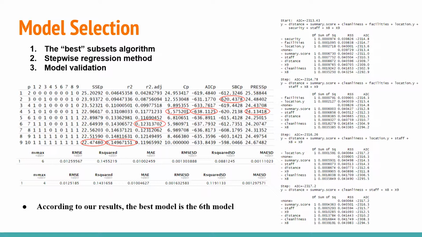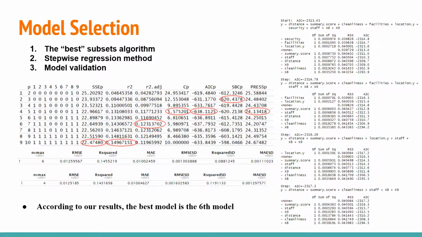These 3 variables have the 3 top p-values in the ANOVA table after the Box-Cox transformation. The 2 analyses came out with the same result, but the model generated by the stepwise regression method is model 6. Since we're still not sure which method we should use, we did the model validation to find the final analysis or model selection. As the second picture on the left shows, the RMSE value for model 4 is less